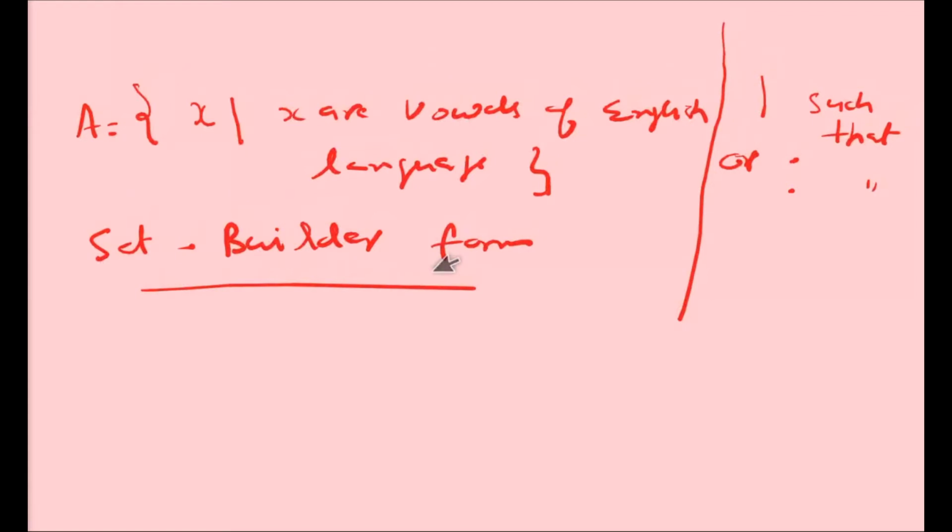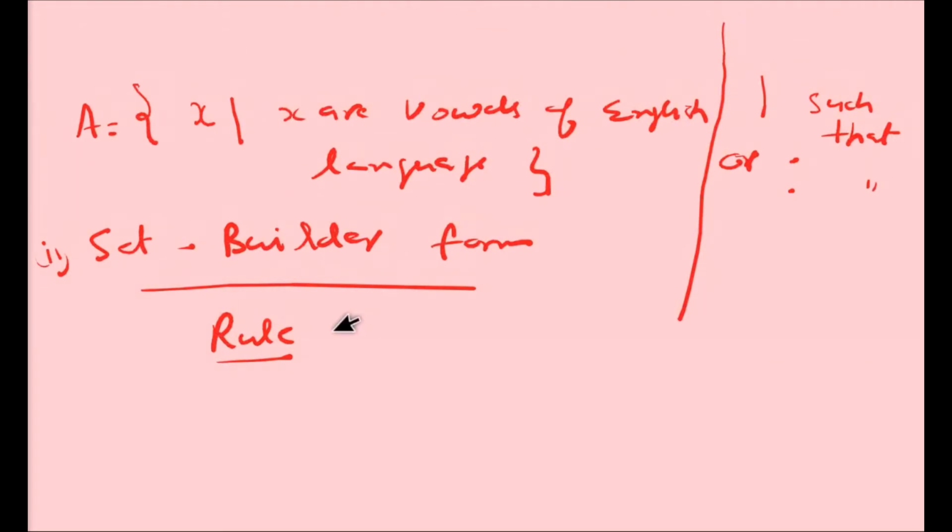So students, now we can understand that a set, a well-defined group, can be defined in two ways. One is the roster form, in which we describe the list, and the second is set builder form, in which we describe the rule or description of the members.